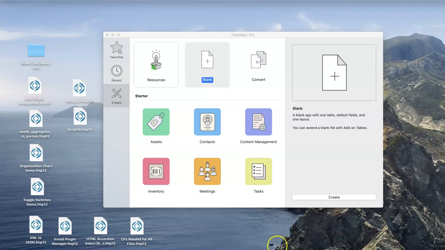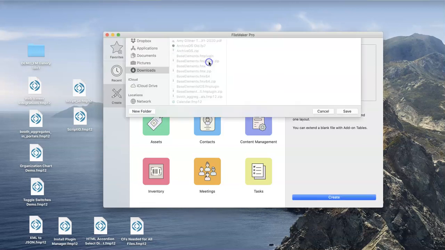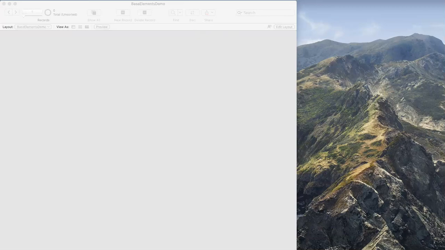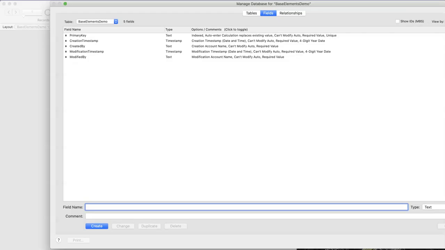Hey everyone, I just wanted to create a quick demo here demonstrating a base elements plugin trick. So for this I'm going to create a new file. We'll call this base elements demo. And so what this trick is going to allow us to do is to be able to go into manage